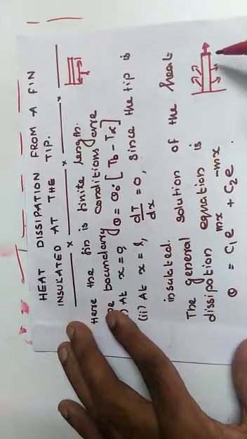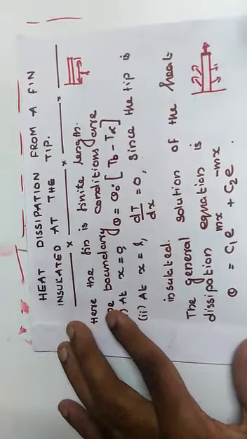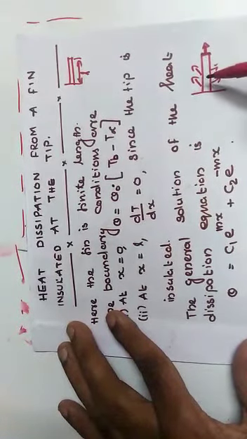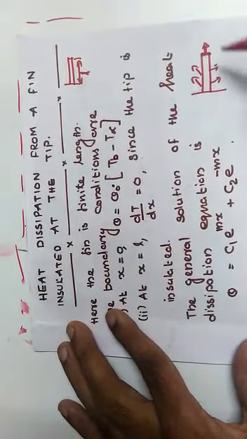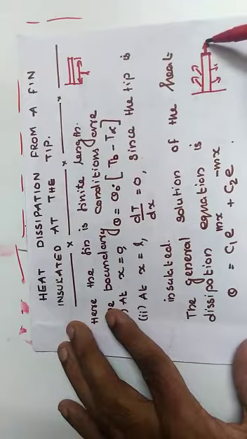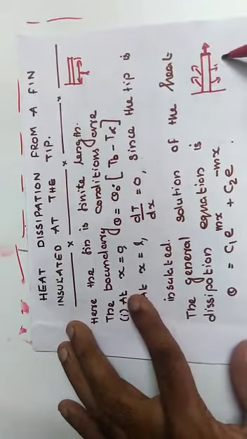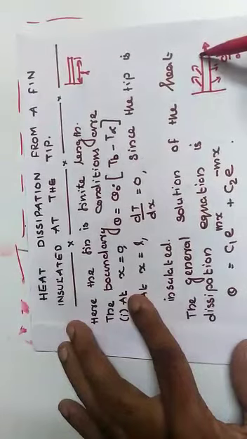So this will reduce our work considerably. So we assume that this face is insulated. The error resulting from this is small, which we will discuss in the next video. For the time being, we assume that this face is insulated. When this face is insulated, there is no heat transfer through this face, number one. And second point is the rate of change of temperature at this section is equal to 0.